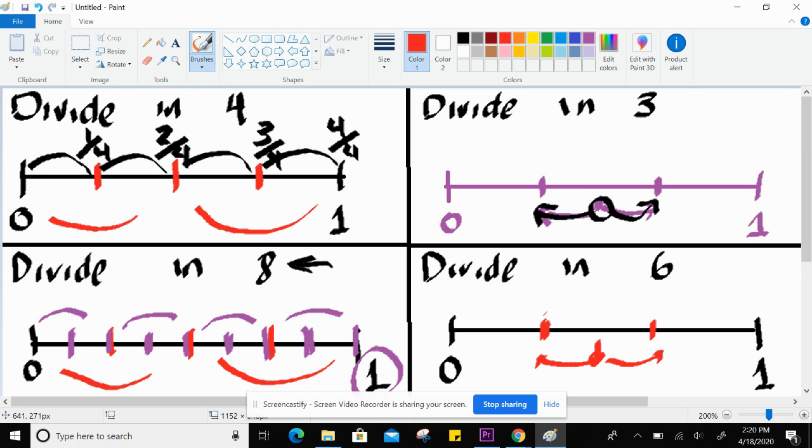Now, what do I do? Now, I know that I have 3 parts in here. I know also that 3 times 2 is 6. So what I'm going to do is try to find the middle of this area. So the middle of this area is right here. The middle of this area is right here. And the middle of this area is here. So now I have